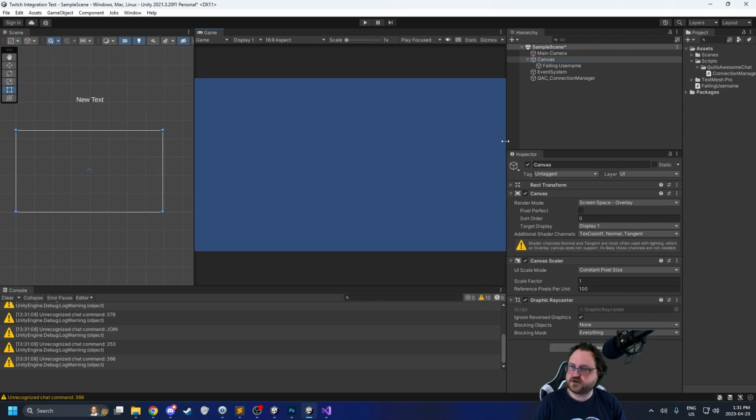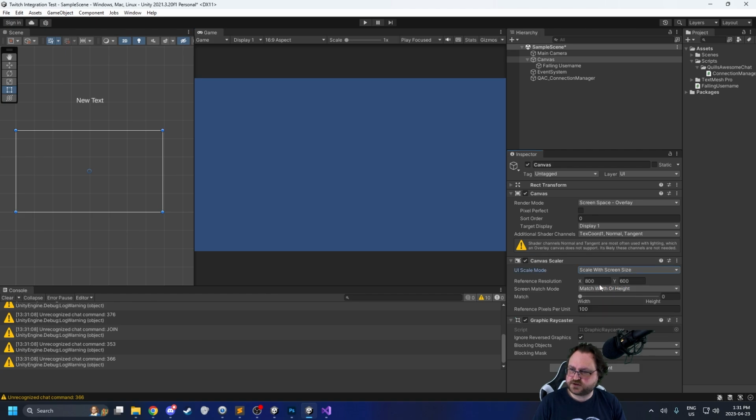Yeah, let's do the very common fix to lots of problems. Rather than constant pixel size, we're going to scale with screen size. We're going to have a reference resolution of 1280 by 720. So now, no matter how big or small we make the window, things will move at the exact same rate